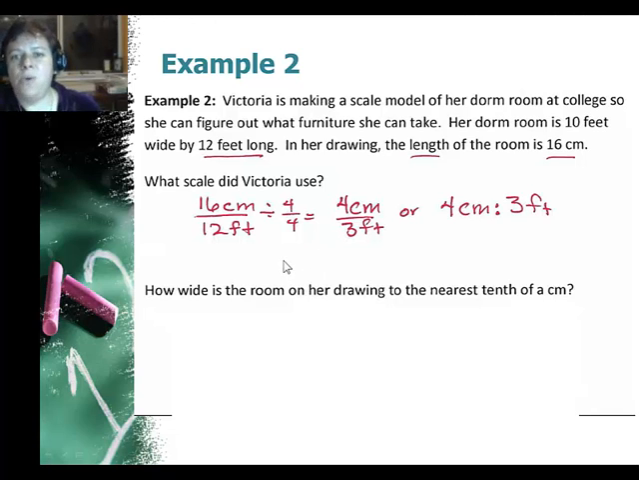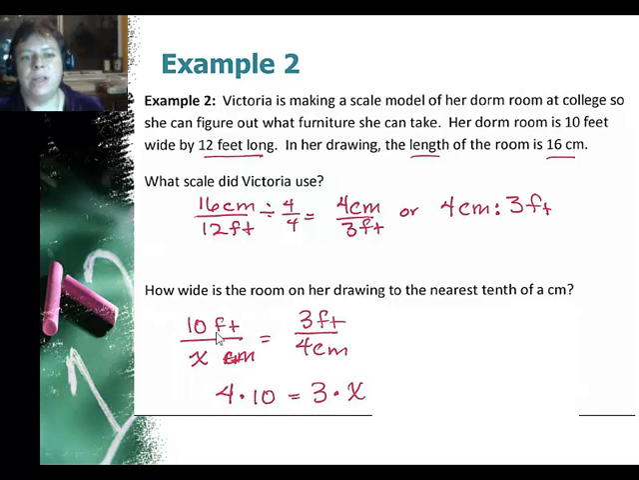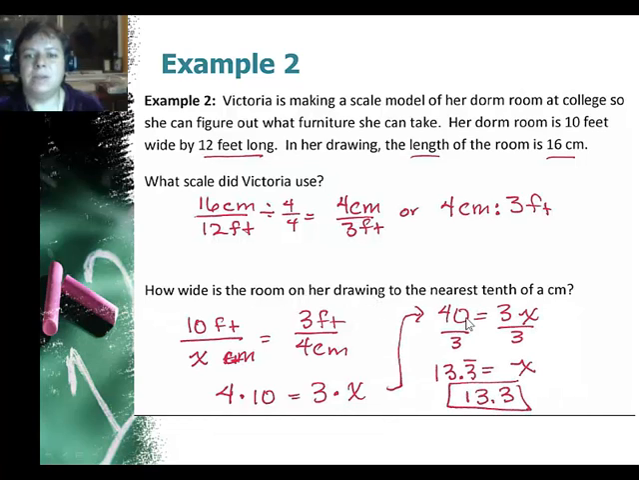Now the question is, how wide is her room on her drawing to the nearest tenth of a centimeter? The width in real life is 10 feet. So I'm trying to find the width in the drawing. So it's 10 feet to X centimeters, that's the drawing. See, real life drawing width is to the scale, 3 feet to 4 centimeters. My labels match here, and my labels match across on the top for the feet. Then cross multiply, 4 times 10 equals 3 times X. Then I can solve it for X, and I find out that X is 13.3